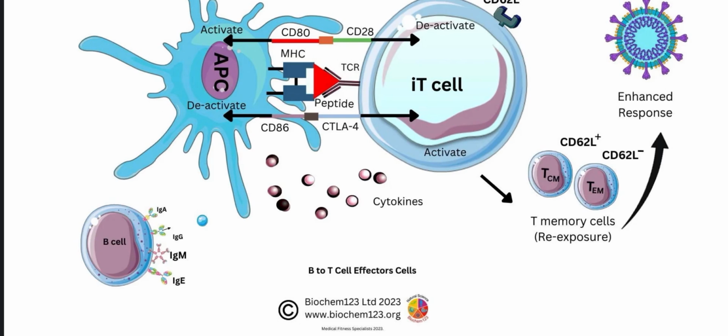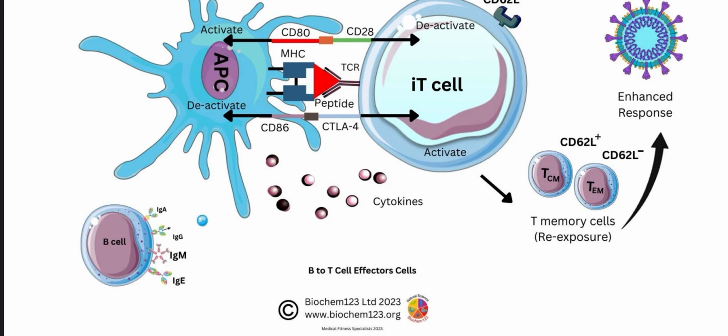And in step number 4, regulation and feedback mechanism is going on after the third cytokine directing process, and there will be a brake system in this step 4. In this process, after activation, the T cell upregulates a checkpoint molecule called CTLA4 that will result in shutting down the response to prevent autoimmune tissue damage.